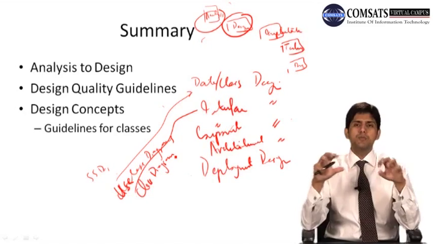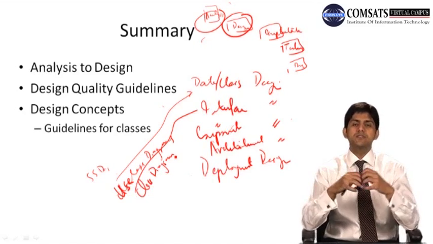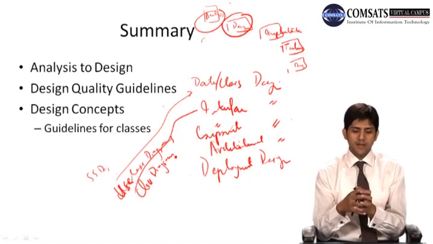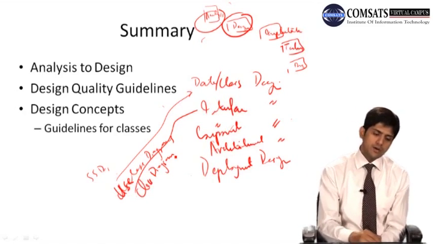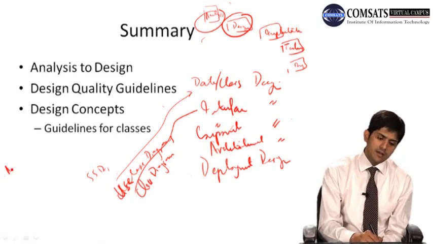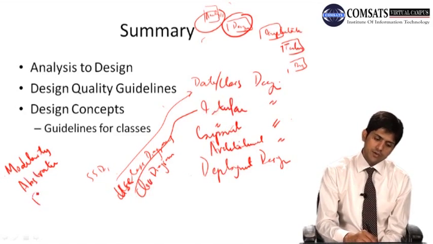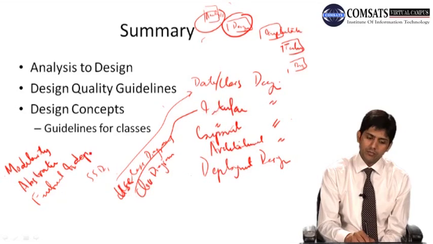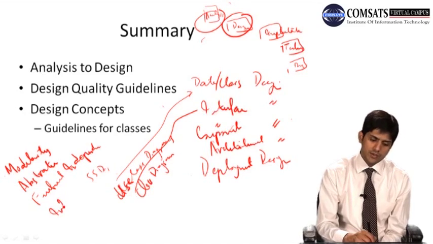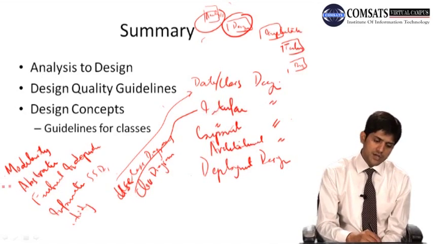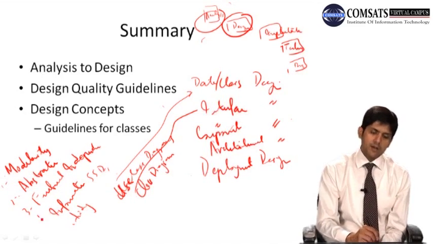Okay, and then something which is I think the most important thing that we covered in today's lecture was different design concepts, ठीक है। And in those design concepts we covered कि हमारा design क्या है। सबसे पहले एक हमने concept cover किया जिसको हमने कहा था modularity, ठीक है। Then we covered one concept जिसको हमने कहा abstraction. Then we covered functional independence, ठीक है। And there was another one which was information hiding, ठीक है। अच्छा जी, ये हमने 4 main concepts cover किए।